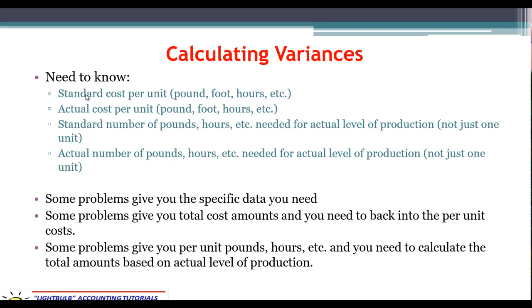Understanding this is key to working forward, because you're going to have formulas, but you won't know what to do with the formulas until you have these items. So spend plenty of time thinking about this, analyzing any problem that you have to get these 4 items. And again, here's a summary of how you may get the data.